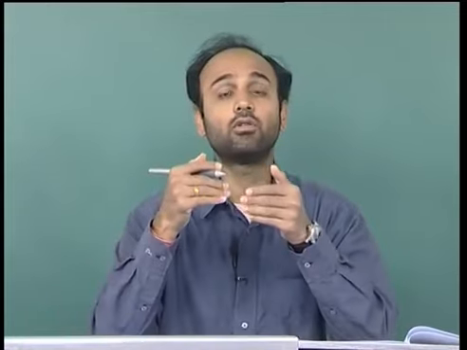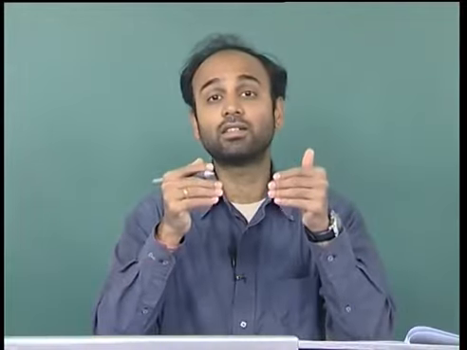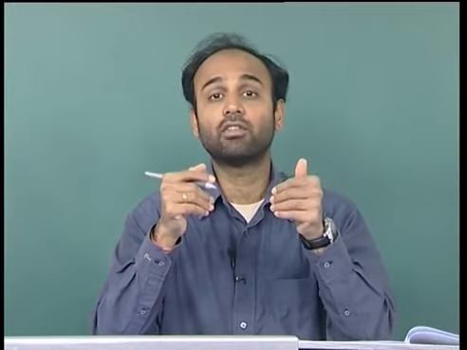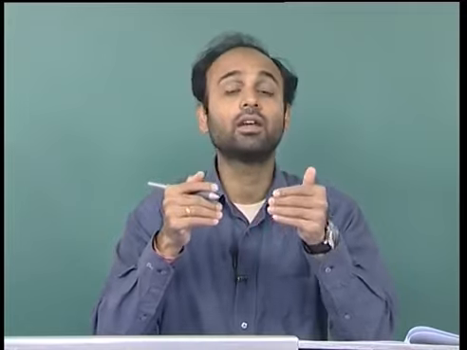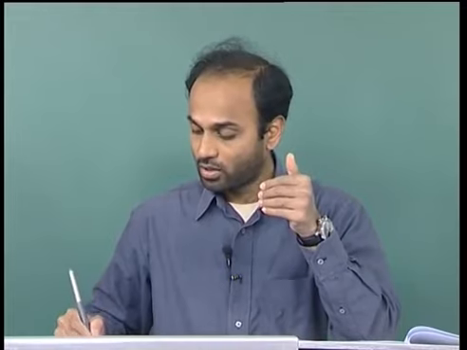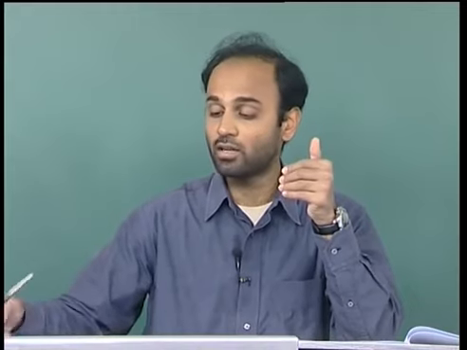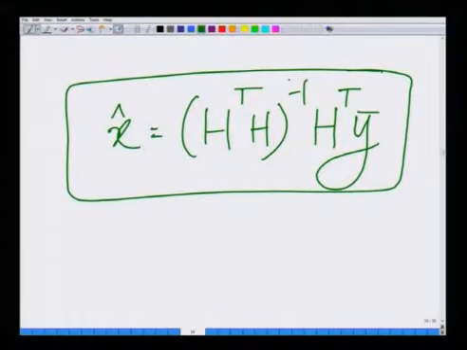We said we cannot solve it exactly. The best would be if there is a symbol vector x such that y equals H x, then I can say this is the unique symbol vector that has been transmitted, if there is a unique solution. However, because the number of receive antennas is greater than the number of transmit antennas, that is the number of equations is greater than the number of unknowns, there might not be any solution. Forget a unique solution, there might not be any solution. Hence, I can only solve this approximately, and the approximate solution which minimizes the error is H transpose H inverse H transpose y.